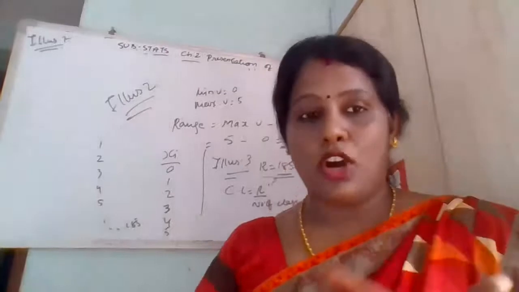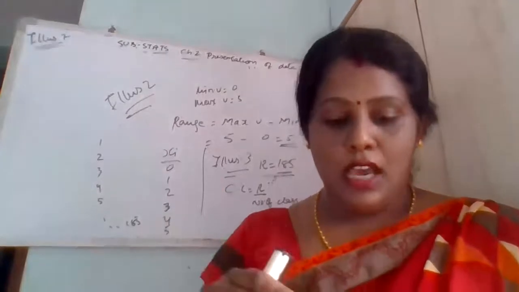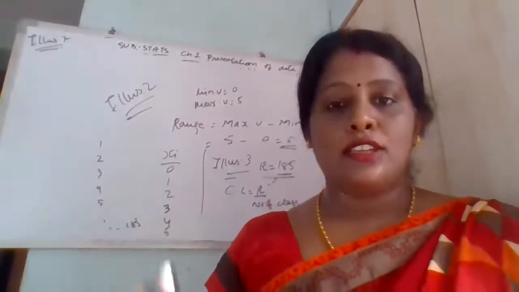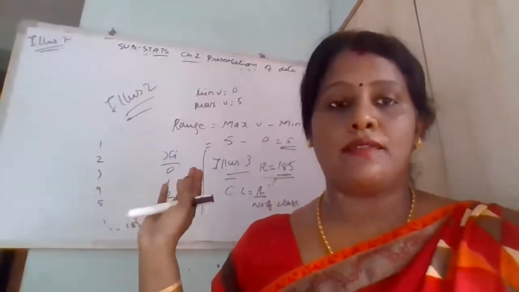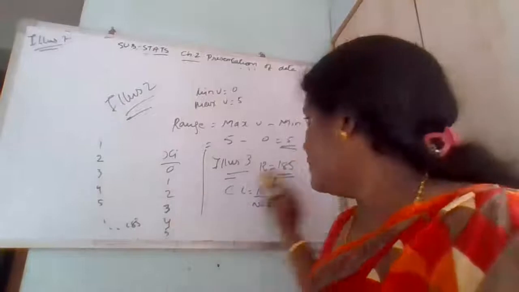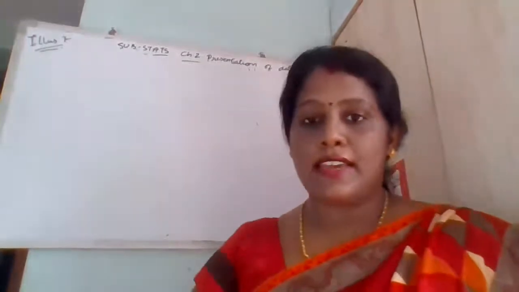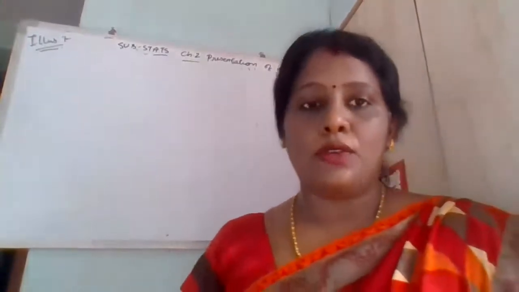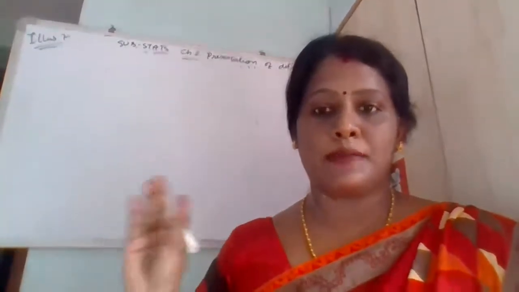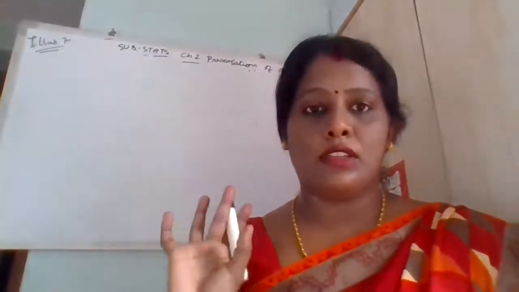So this is the one common doubt I think you might have: when we are finding a discrete and when we are finding a continuous, that is, a class. This is the reason why you are finding the class and why you are finding a discrete. Got it? Now we will move to our sum 7.1. In the last video I told you that some illustrations I will explain by the PDF, and some illustrations on the board. And all the exercise sums I will explain on the board, right?